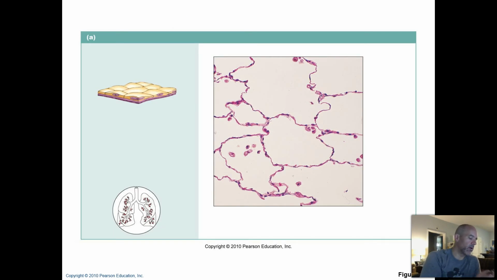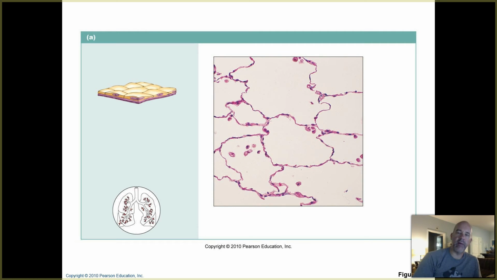All right, so let's take a look at some imagery of example epithelial tissues from your textbook. And I do want you guys to be able to recognize and name these tissues based on these diagrams. And the reason for that is not so much that in the future you're going to spend a lot of your time identifying different types of tissues under the microscope or from pictures, but